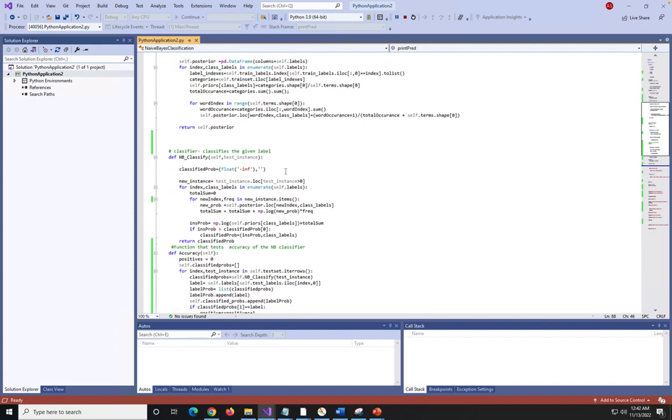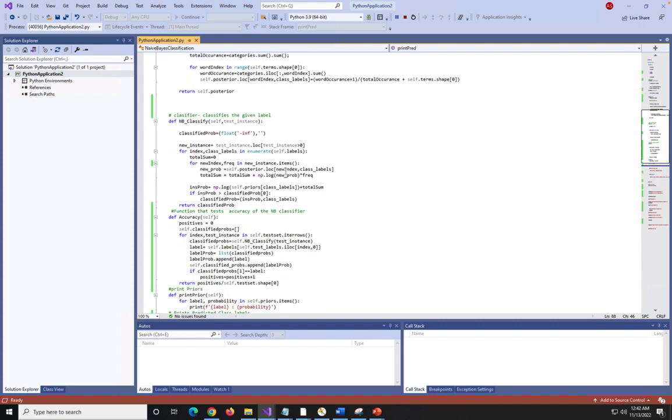NB classify is basically a probability to be calculated for a single test instance that is passed on to it. We use a log-based approach for avoiding the underflow. To get the probability, we use the formula for classification from PPT slide 75. We return the max for this classified probability, which is then sent to accuracy to check the accuracy of the